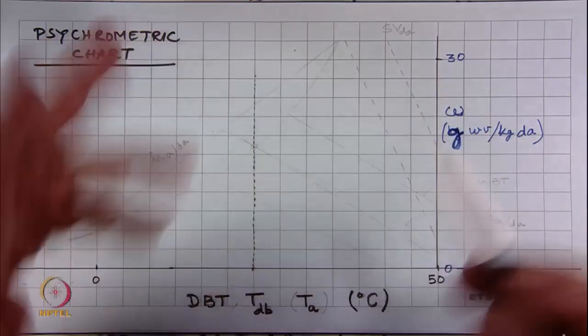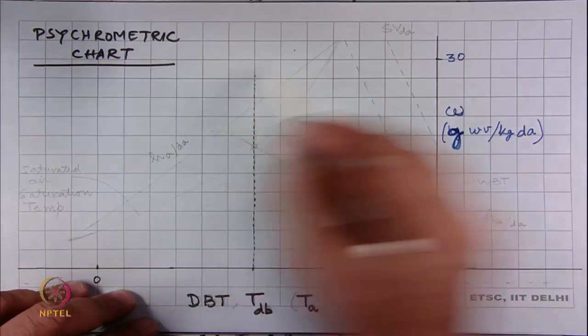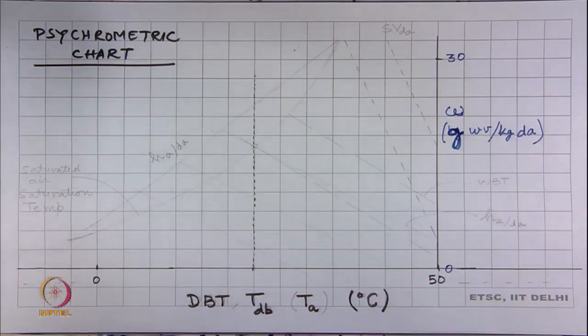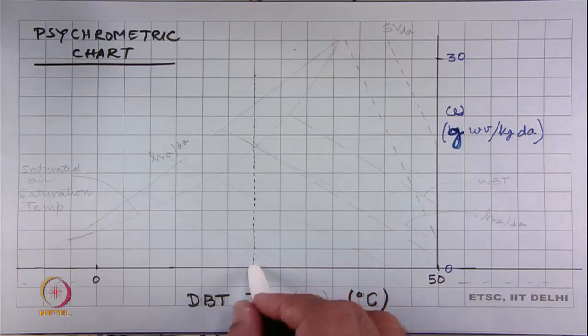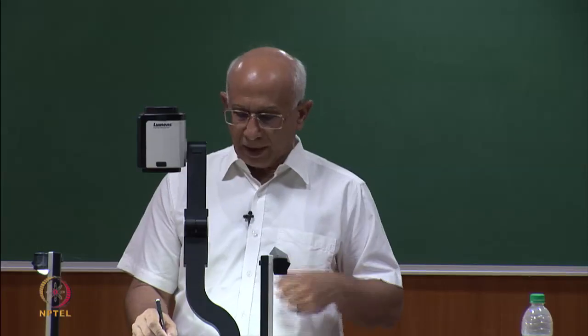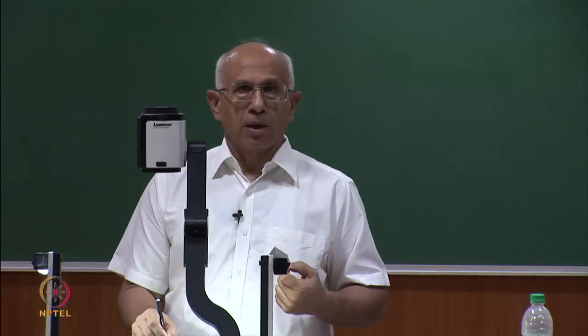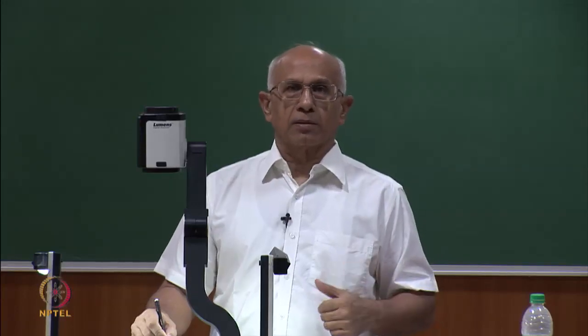So, this basically tells you that give me a dBT, and for every state there will be a value of omega. But what we have learned is that for a given dry bulb temperature, there is a limit to how much moisture air can hold. Any additional moisture will cause it to precipitate, and that is what we call saturated air. Beyond that, we cannot have a state which has more moisture than that.